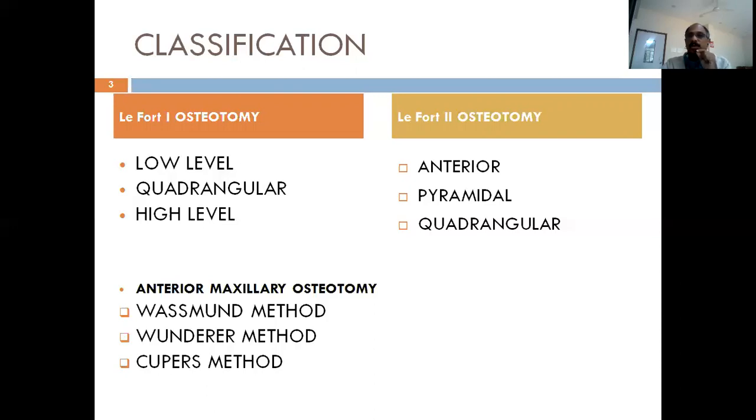Lefort 2 and Lefort 3 osteotomies are also done, especially for your syndromic patients. And anterior maxillary osteotomy is a segmental osteotomy of the maxilla from premolar to premolar. We try to break the bone, not fracture the maxilla, and we can achieve what is required for the patient. So if it is a segmental osteotomy, it is called anterior segmental osteotomy. And if it is the complete maxilla, it's a Lefort 1 osteotomy.